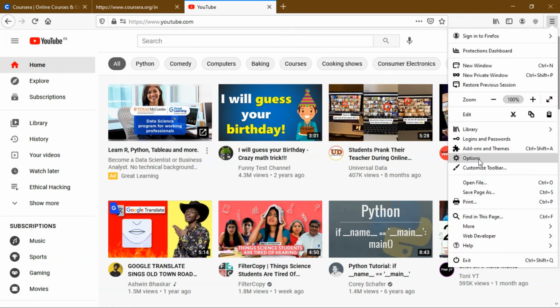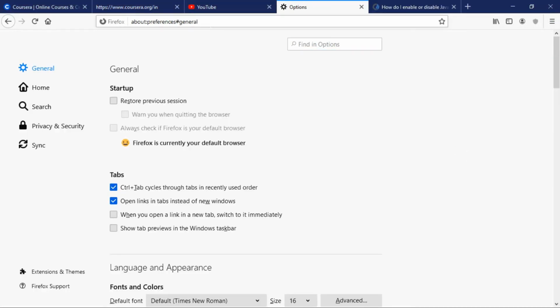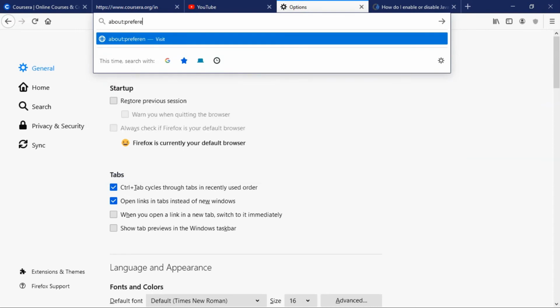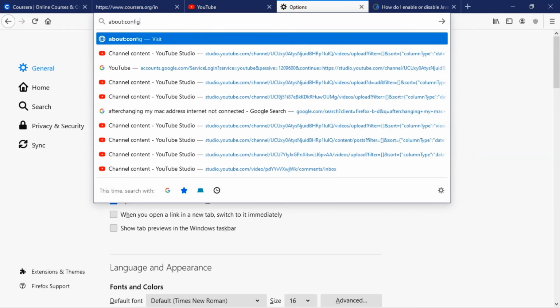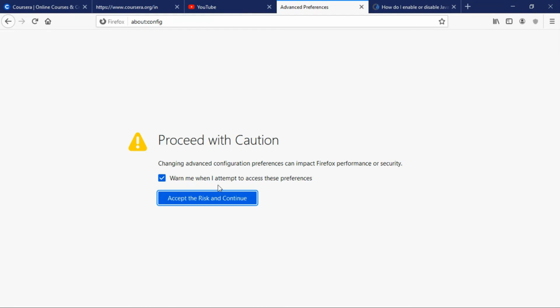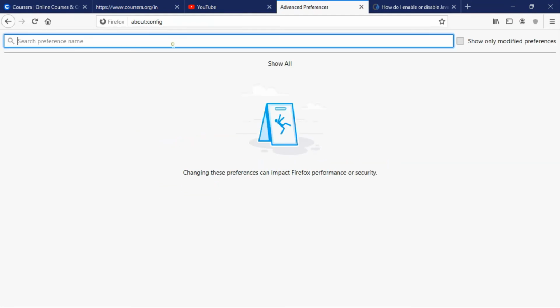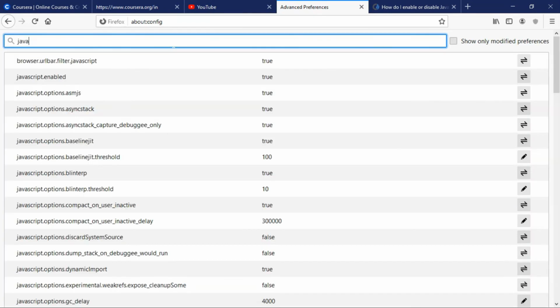If you come to this option, just type about:config here. If you proceed with caution, here you type javascript, and if you disable javascript.enabled, then